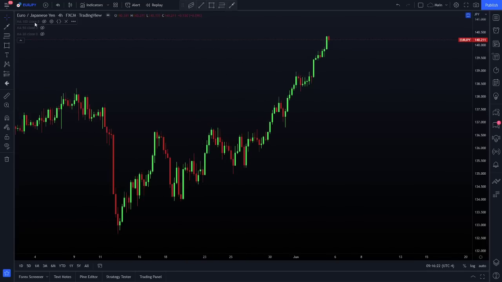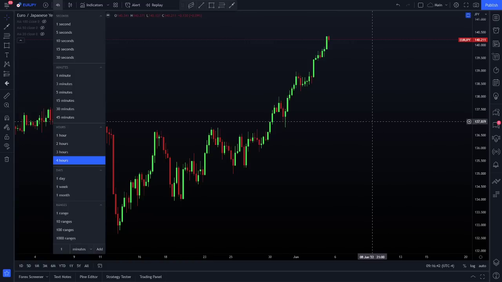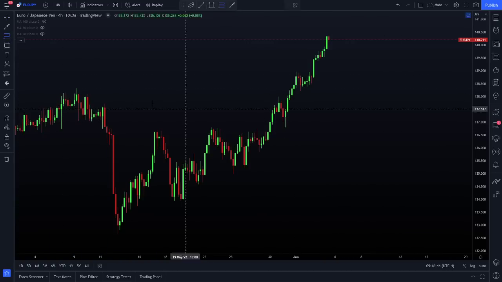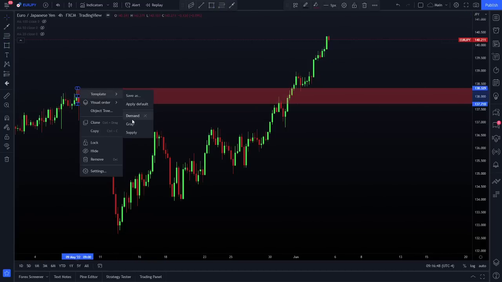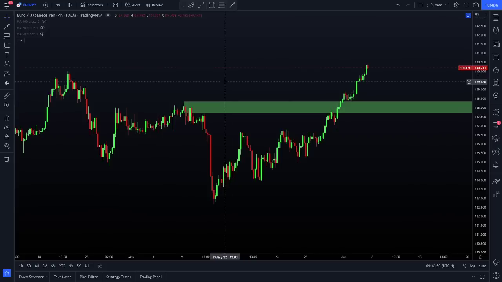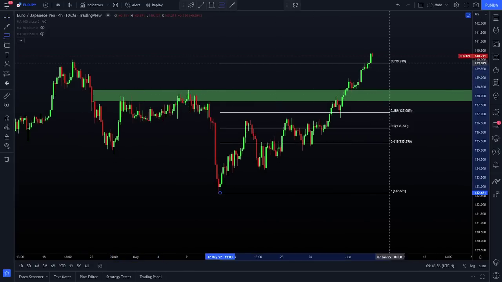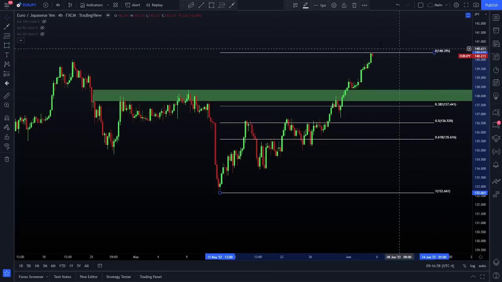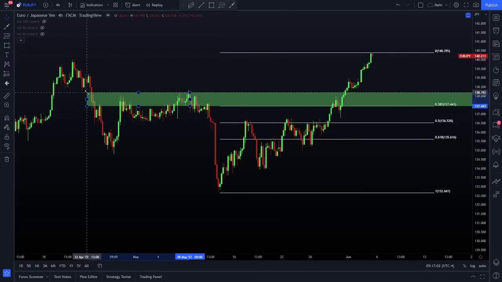So euro yen to me is a potential buy if we can get a nice little pullback to areas like, let's see, hold on, give me 1 second here. We'll do some support and resistance basics. If we get a pullback this week to something like this, I actually like this a lot. Euro yen could be a nice buy pickup, especially if we draw some fibs. Start getting interested around the 38.2% retracement. That could be expanded just to this sort of area here.